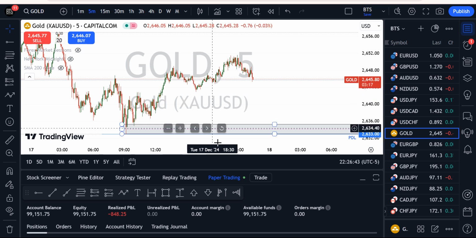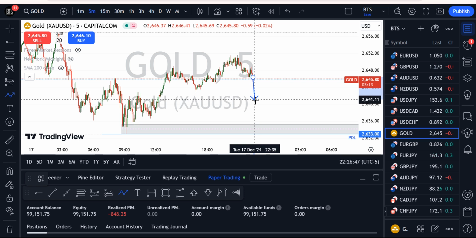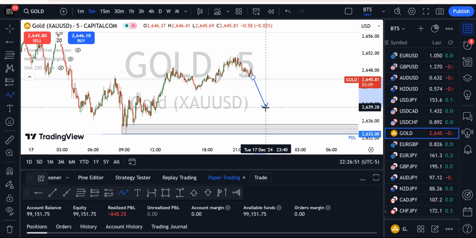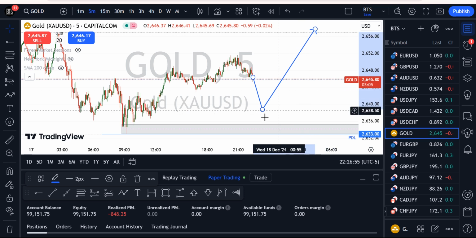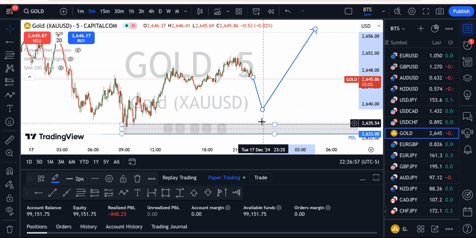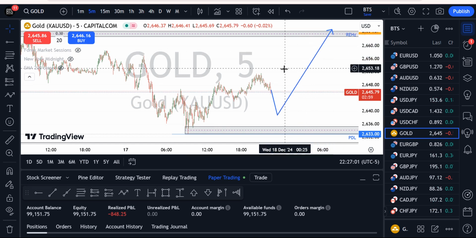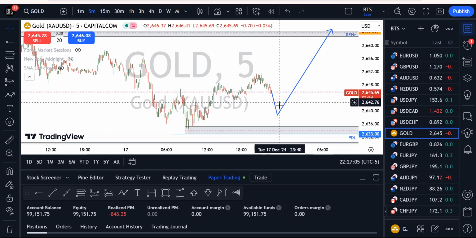Or if we get another movement, then we can get something like this, right? We go back into the zone, and or we come back to this level, then we attack this high. So whichever one, if we come back to this level and I see a break of structure or change of character, then I'll look out for a buy. If I don't,